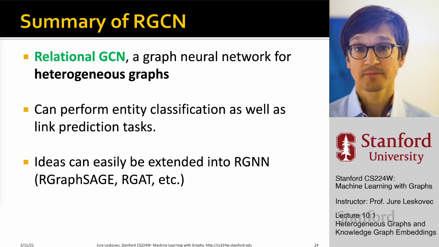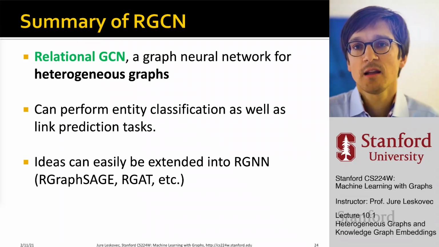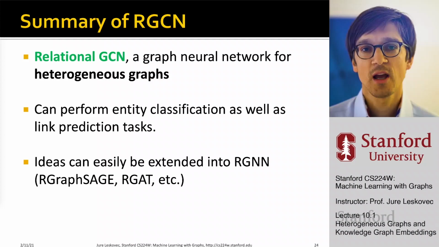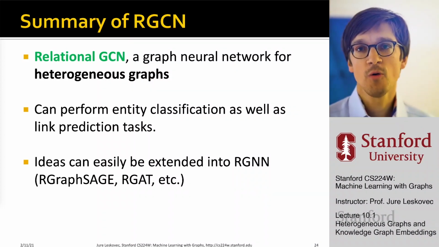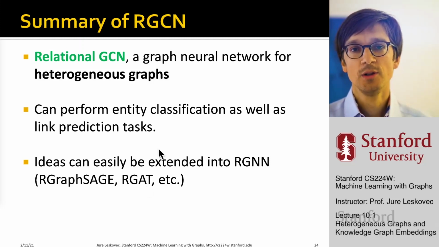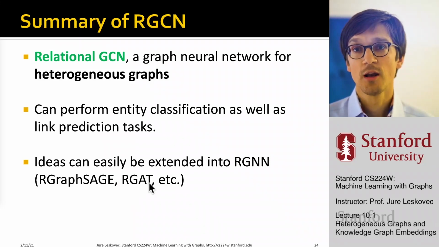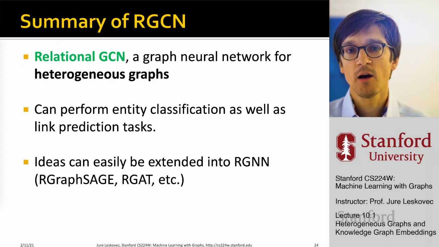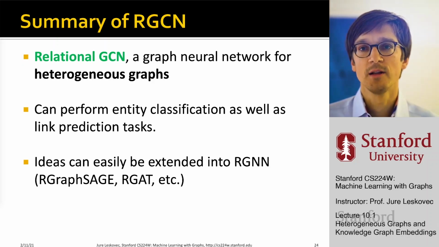And of course, you can take ArcGCN and extend it in any way you like, right? You could think that you could have RGIN, you could have RGraphSAGE, you could have R graph attention network. So all these basic fundamental GNN architectures that we already discussed, it's kind of natural to extend them to this multi-relational case by basically adding relation-specific transformations. So it's kind of natural how you can play with this model and make it more expressive and richer and so on.